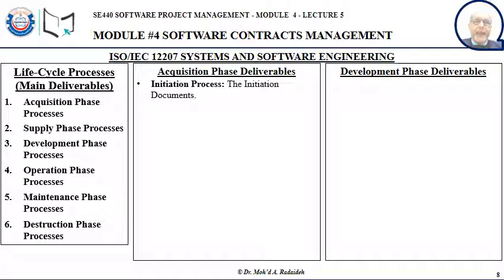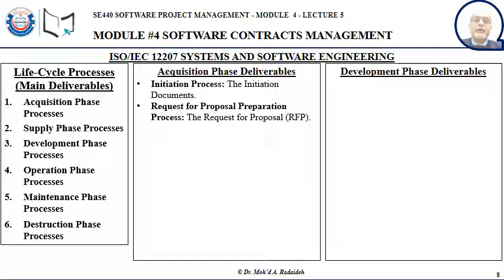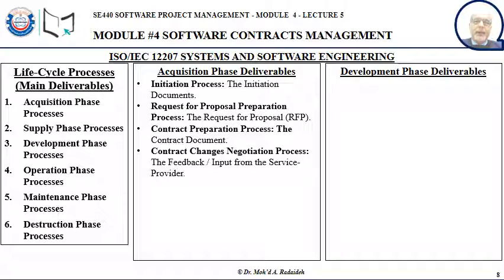Now, the initiation process of the acquisition phase delivers the various initiation documents, like the project description, the goals, etc. The request for proposal preparation process produces the request for proposal document, the RFP. The contract preparation process produces the early version of the contract. Contract changes negotiation process,